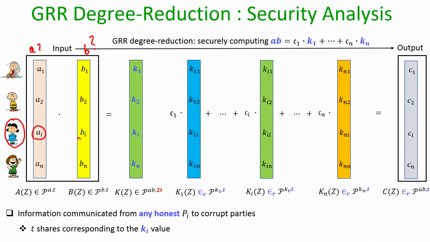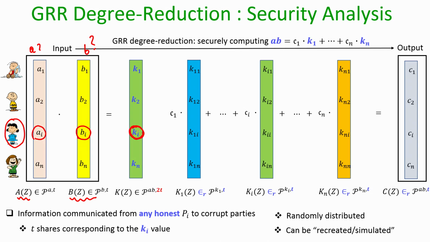So, earlier as part of the input, ai and bi are held only by the party pi, and hence ki is held only by the party pi. For the A polynomial, T shares were available with the adversary, for the B polynomial, T shares were available with the adversary. And for this ki value, the adversary will now obtain T shares, assuming that say the first T parties are the bad parties and under the control of the adversary. But will learning those T shares help the adversary to learn or conclude anything about ki?